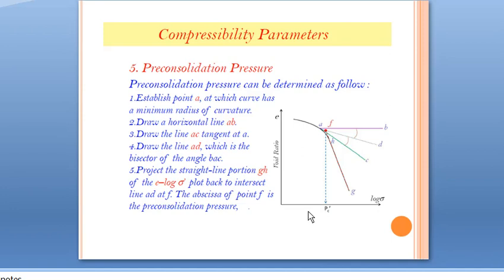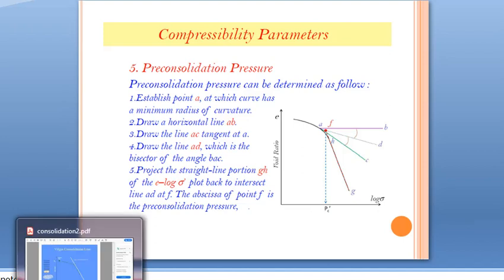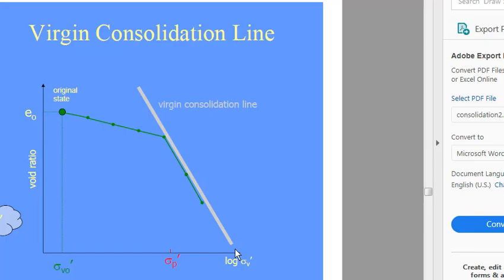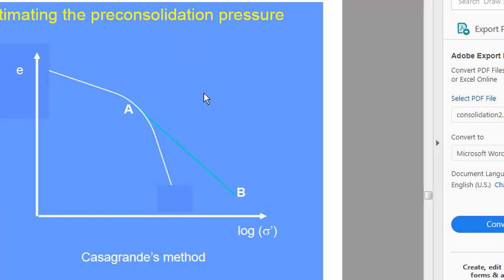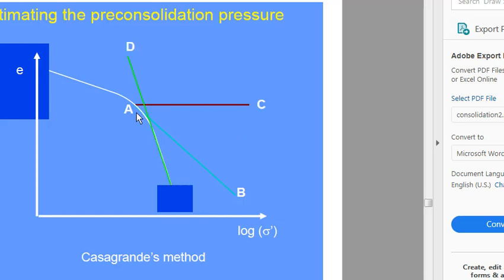Okay, this is very important, the method to find out the pre-consolidation pressure, and this method I will show in graphical format, that is here. Initially we find the point A and draw a tangent AB like this, then also draw a horizontal line AC and extend backward the straight line portion. Here the order of the steps is different from before, but the method is the same. Okay, you don't get confused because I am explaining this in graphical format.